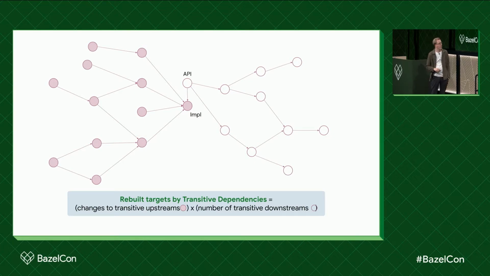So in total, what we've seen so far is that we do this for a single target, for example this target A that we saw in the middle. But in practice, we run this across our entire dependency graph, and we do this every day in order to compute these structural properties.